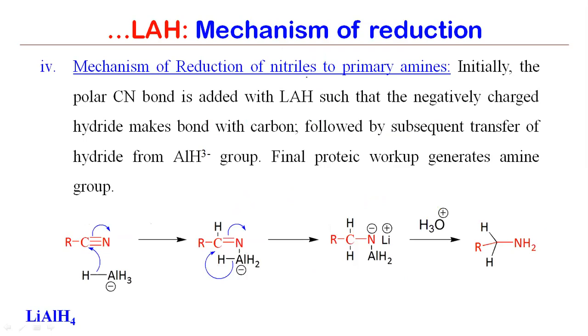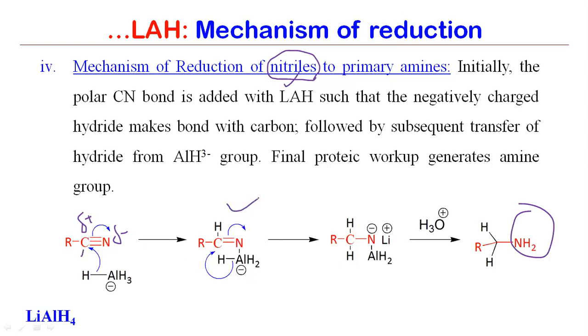And the fourth class of compound which we are going to discuss is the reduction of nitriles. Once we treat nitriles with LAH, we get a primary amine. That is obvious, but the mechanism is also very similar to what we have discussed previously. The attack of hydride takes place on this carbon because of the electronegativity difference between this carbon and nitrogen. Nitrogen being more electronegative, the bonds are partially polarized in this direction. So a hydride will attack here because this carbon will be the electrophilic center.